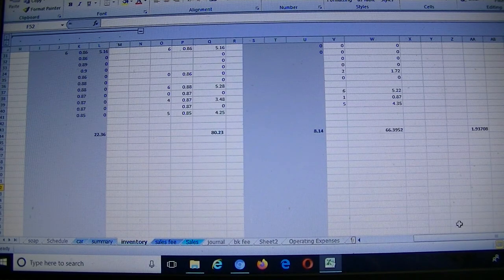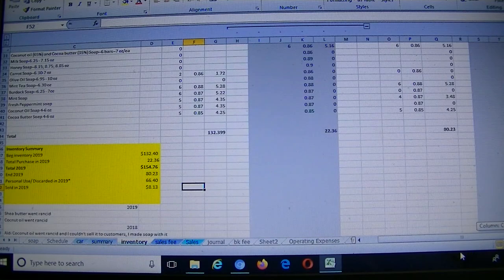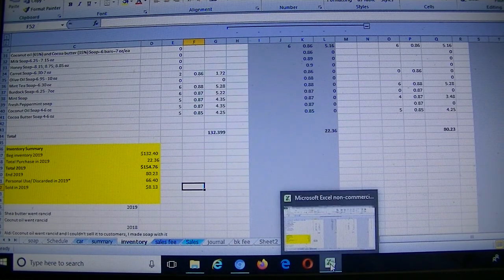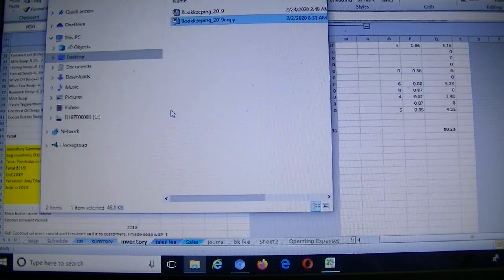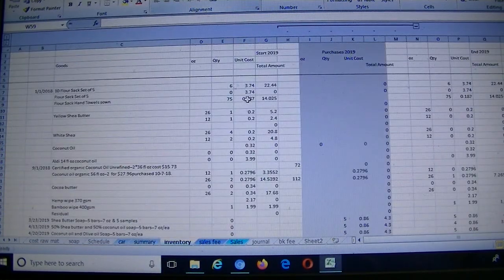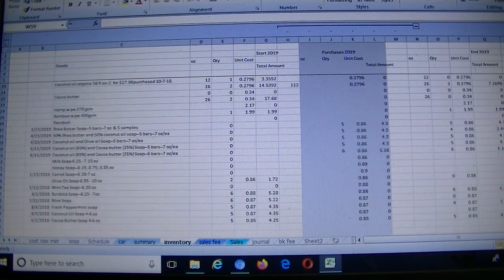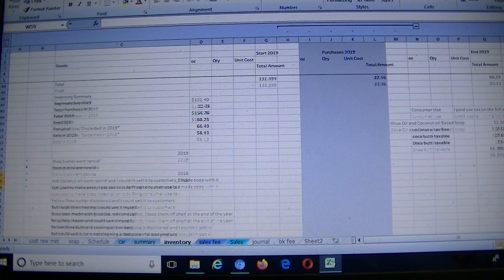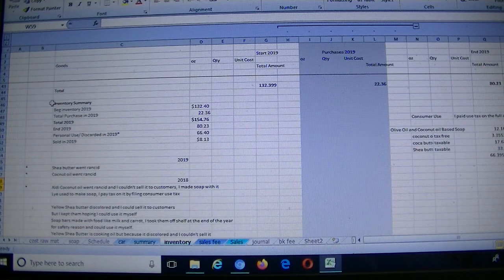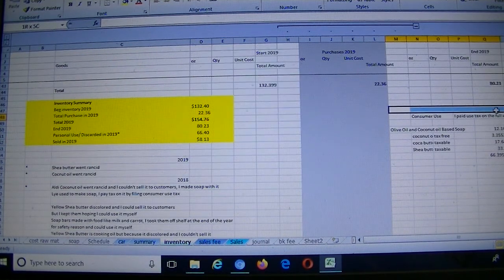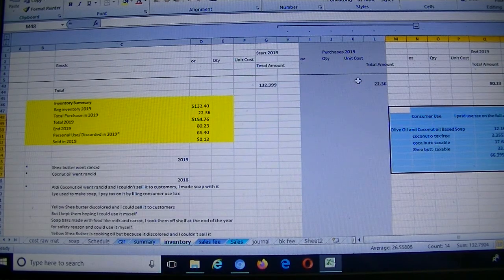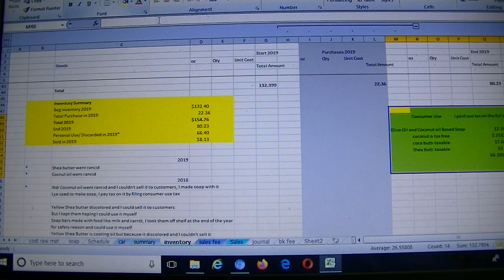And let me see why this sheet does not have it here. Let me see if I can open another one here. So I will have a consumer use or sales tax return to file with the state. And when I